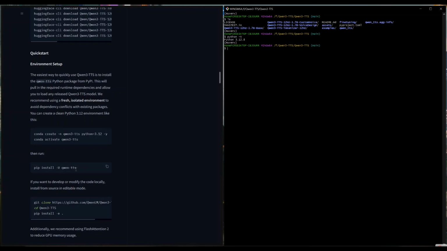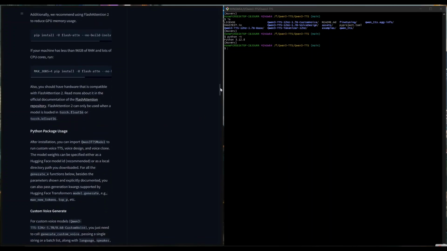Then with that environment you are ready to install Qwen3 TTS. Copy these options. With them you are going to clone the Qwen3 TTS Git repository, and install all of its dependencies. But you don't have to worry, just copy all of these commands, paste into your terminal, run it, and you are ready to go. Then next step,